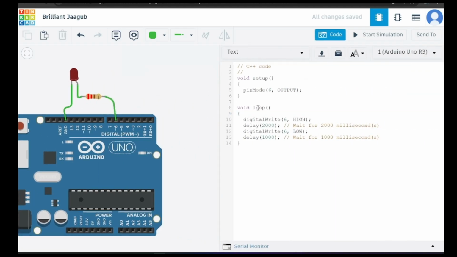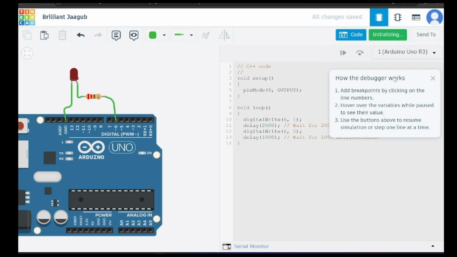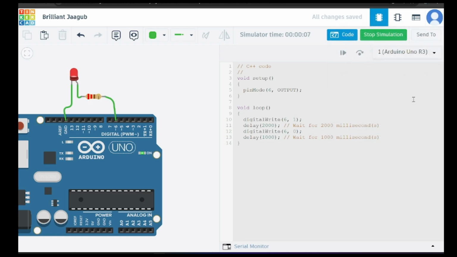If you can see here, we wrote our code as HIGH. In the place of HIGH we can also write 1, so it will work the same, and LOW we can write as 0. We already told you, if you take a 1 it means high and 0 means low. If we turn this on, it will work as on and off. So now you can see it's working, because we did not write HIGH and LOW, we can write 1